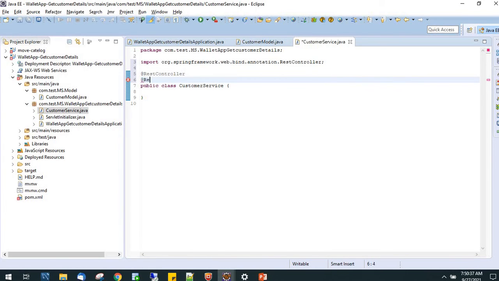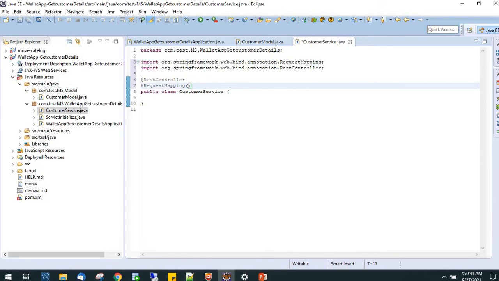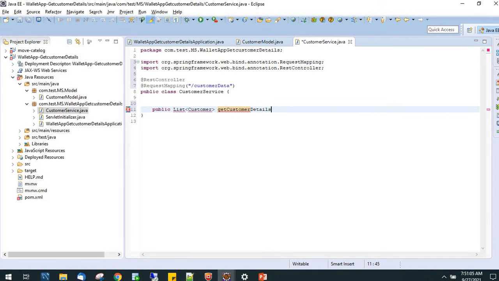And we have to make a request mapping for this class, customer data. Fine. Create a public method returning a list of customer, because we have to return customer details, right? Get customer details or customer profile.